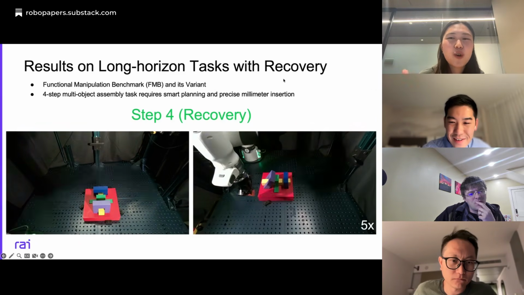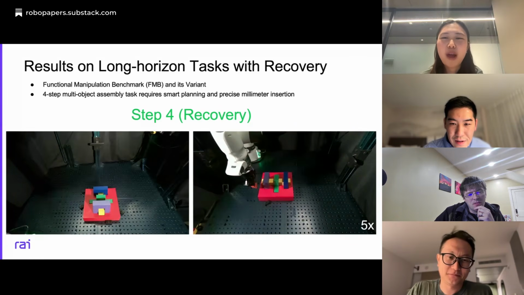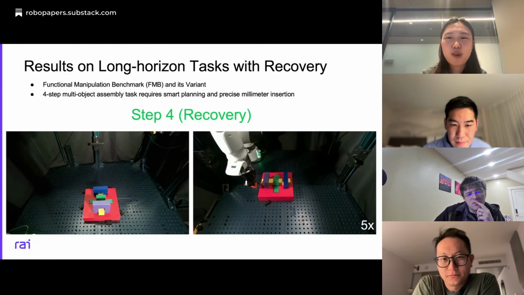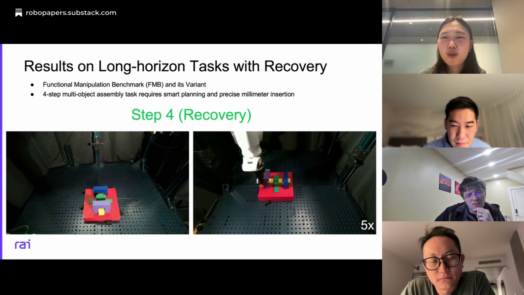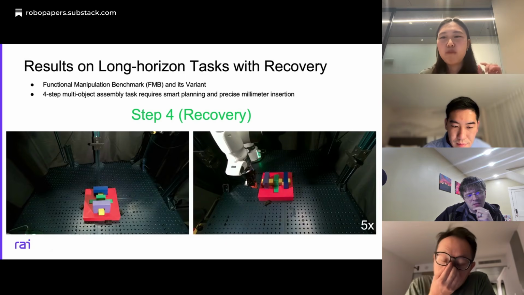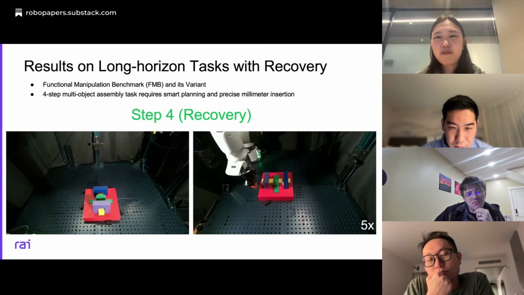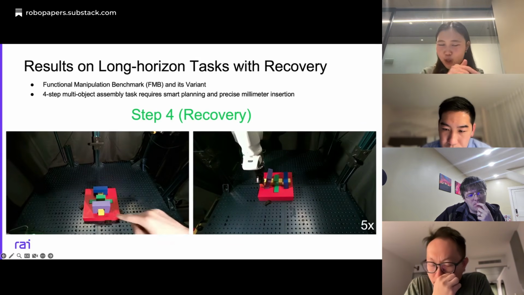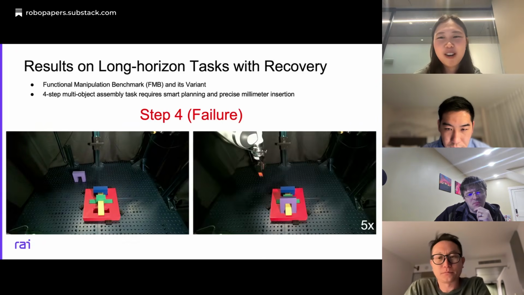The VLM first says, you should poke at the red star location with an inward poke. And then we can use the hand priors to directly poke it instead of trying to regrasp, because this one also requires higher precision. If we just do the regrasp, it will probably still fail at the same place. So recovering in the shortest amount of movement is actually the smartest way. This is from a side view, so you can see the poke more clearly. We directly follow the index finger trajectory to poke it and recover it back to the goal state. I feel that's the more interesting part of the recovery.